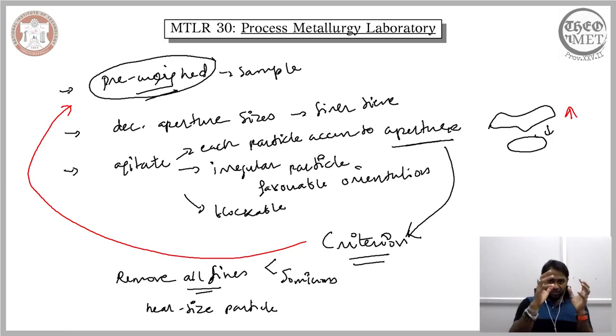So we have seen there is a general approach that is taken for the sieve analysis. It involves using a sample that has already been weighed, and then we expose the sample to a sequence of sieves wherein the size of the aperture is gradually decreasing, and then we agitate each of these sieves. Now the reason we agitate these sieves is because we want to expose each of these particles to the aperture, and secondly we need to ensure that even the irregular particles are allowed to pass through these apertures, and to remove any blockades.